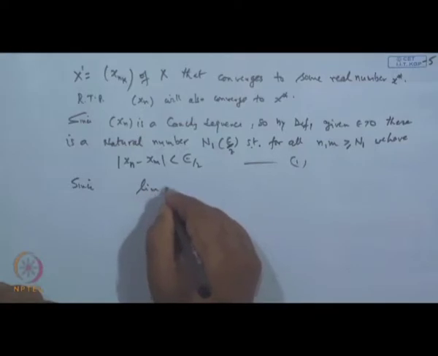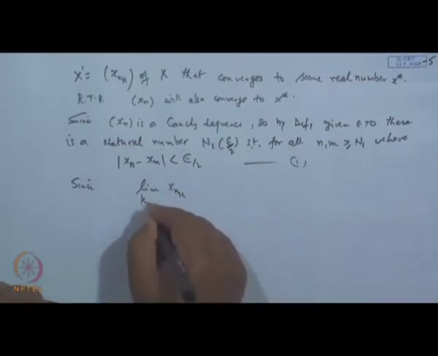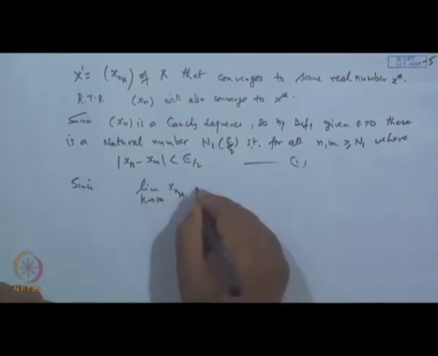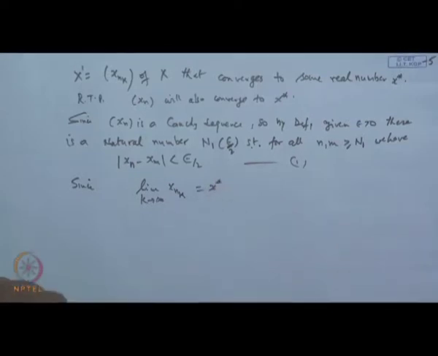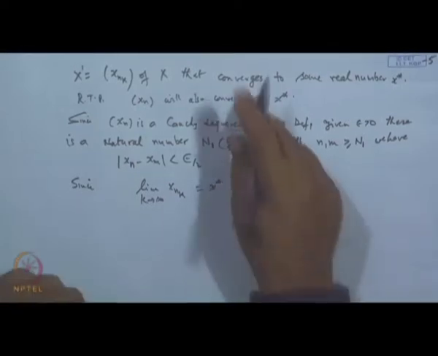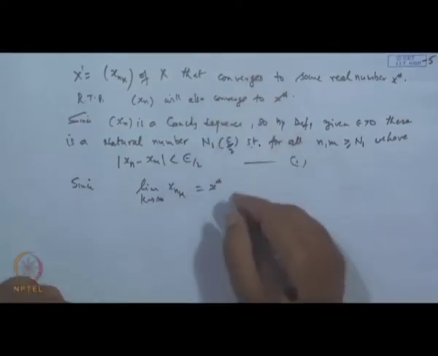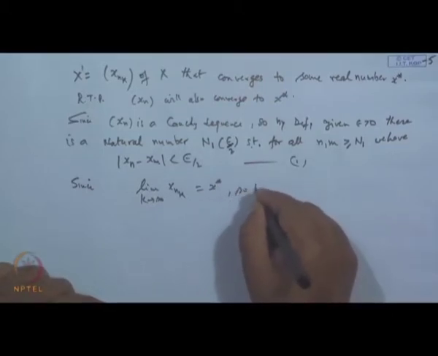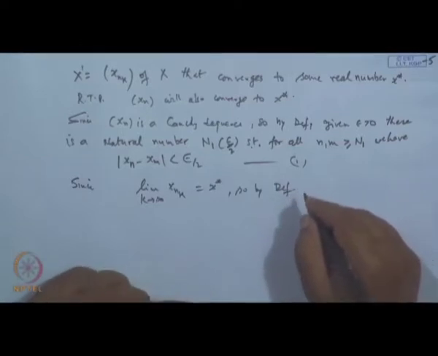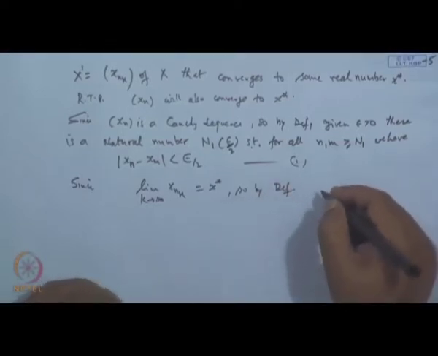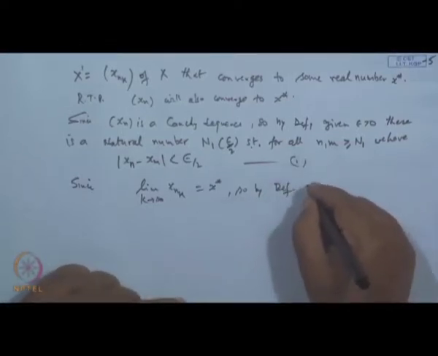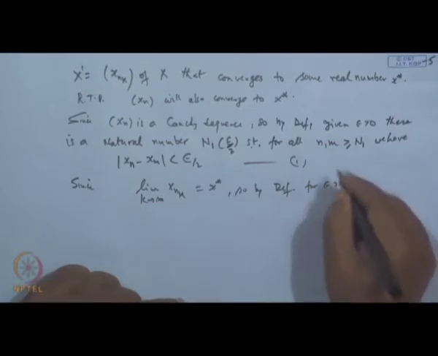This is given, is it not? So, by definition of the limit, we can say for the same epsilon greater than 0, there exists